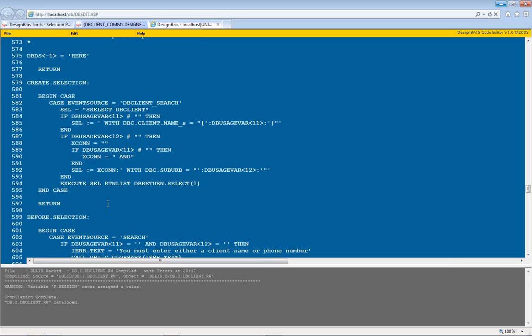Now DesignBais is expecting the list that's being returned to be returned to a common block variable called dbReturn.select1. Select left paren, 1 right paren. So all of the item IDs are going into this common block variable. DesignBais expects that and is looking for that on the back end. So you need to do a return list and dbReturn.select1. So all those items are going in there. I'll just make sure this is compiled and cataloged. And let's go back to our form,